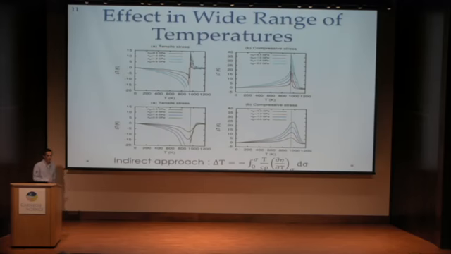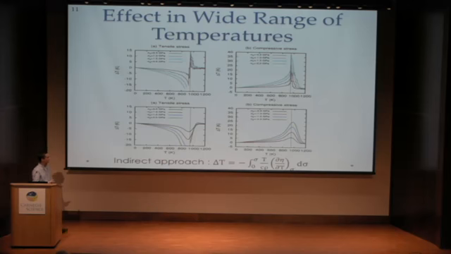Now, next, what we want to do is look at the piezocaloric effect in a wide range of temperatures. These first two curves up here, tensile stress and compressive stress, were computed from the adiabatic Monte Carlo approach that I discussed, I think on the second slide. We see very large changes in temperature, giant changes, up to 40 Kelvin under 2 gigapascals of compressive stress. And we also see giant negative changes in temperature under tensile stress, again at 2 gigapascals.